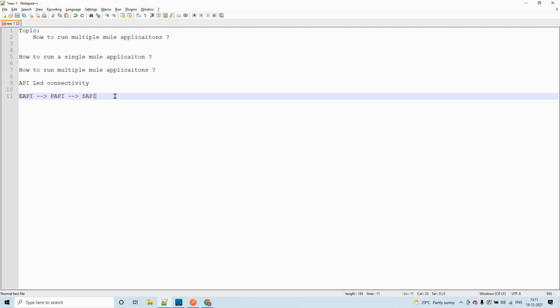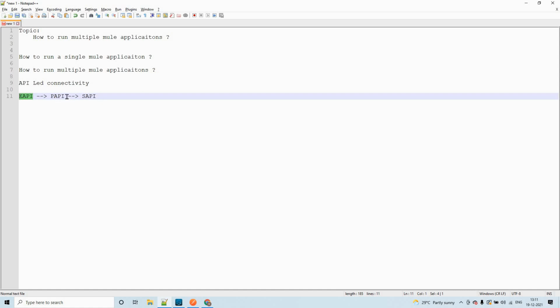When you create an integration with this model, then you may have to test the applications locally as well. If you send the request from Experience API to PAPI, you'll use an HTTP request, and the same between PAPI and SAPI.